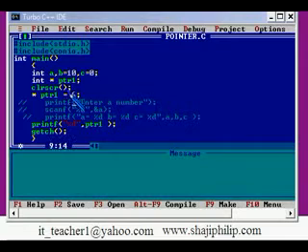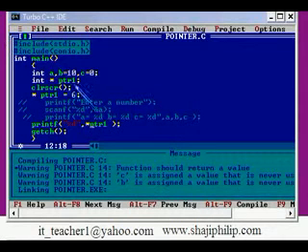Let me put a star over here. Control F9. It is getting 6. Now we are getting 6. The star is the value operator. If you want to get the value from a pointer variable, we should use star. If you use without star, then it is going to print the address location of the particular PTR.